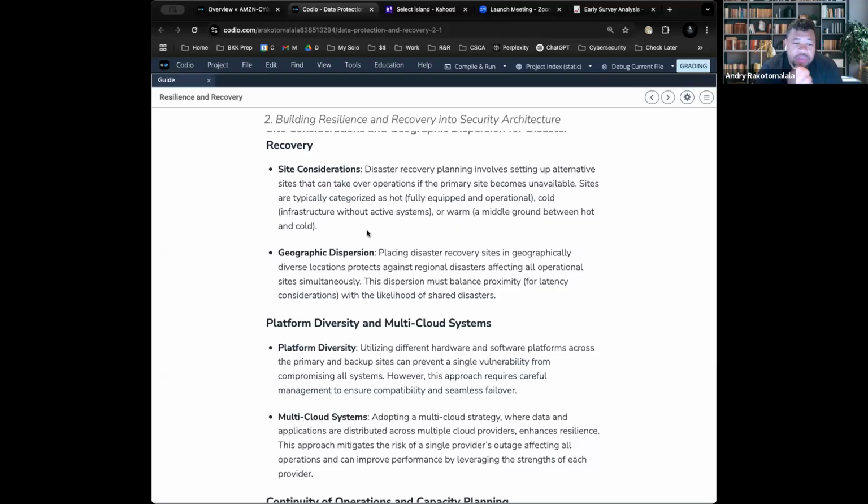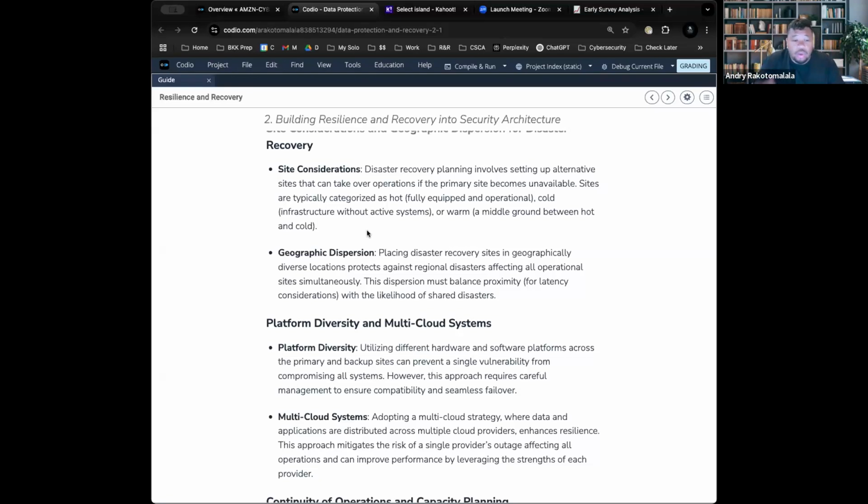Now, there are such things as different sites that you can back up to. So they're broken down into three different ones. There's a hot site. So think of this as if you ever watch those movies where there's a spy and he's like, hey, we have to go underground. We have to go to our safe house. That safe house is fully equipped with computers, electricity, all the secret agent guns and information, even personnel that are already working there. That's called a hot site where you can transfer everything from one location to another.